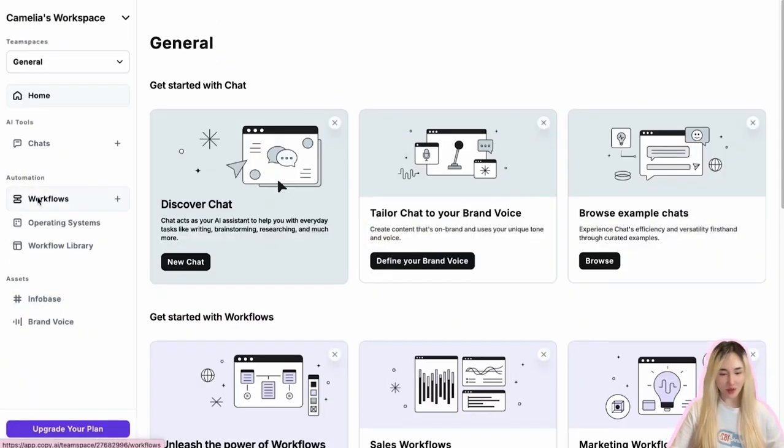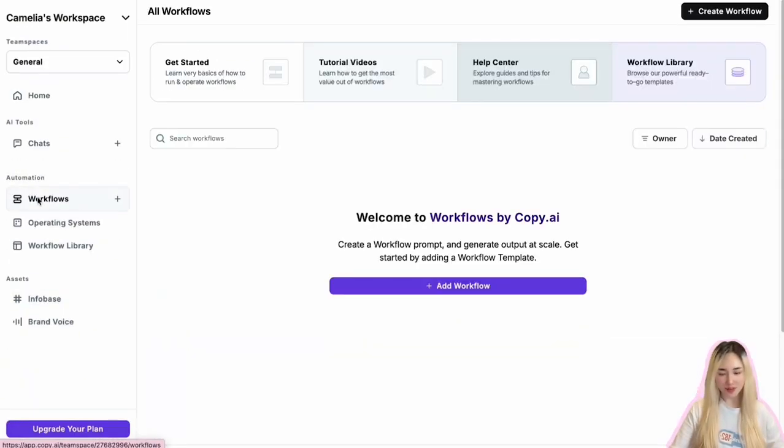Leveraging these chat features, you can handle a variety of content needs, from social media posts to detailed product descriptions and blog posts, all in one seamless workflow. So let's continue to explore even more possibilities on this platform. One of the standout features of Copy.ai is this workflows feature, because workflows allows you to automate repetitive tasks and streamline the content creation process with ease. Whether you want to create a content pipeline, process bulk data, or integrate with other platforms, this feature has got